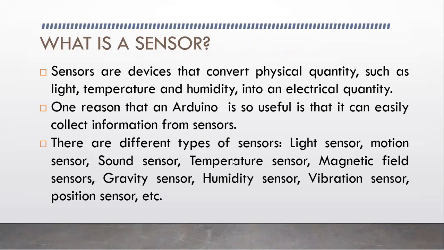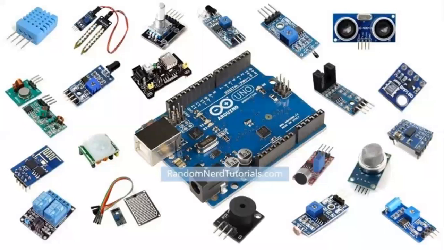Here you could see a temperature sensor. Based upon the temperature, your values would vary. Similarly, magnetic field, gravity sensor, humidity sensor, vibration sensor. We have many other sensors, guys. I'm not going to discuss all these sensors; I'll go through only a few basic ones and tell you how they work. In sensors also you have digital sensors and analog sensors. Guys, how many of you have seen any one of these sensors?